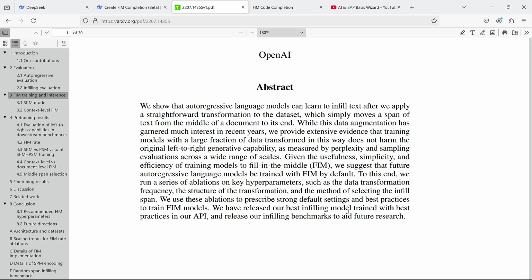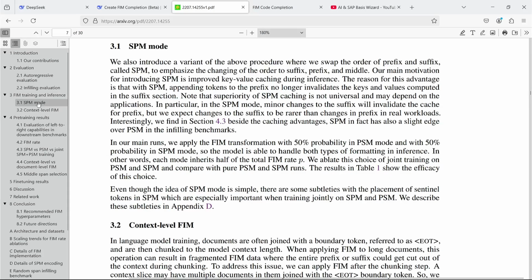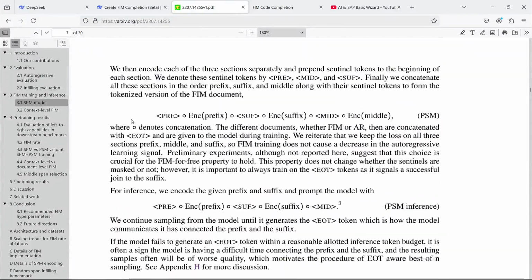In short, it involves marking the beginning, middle, and end sections in the training set, then moving the end section to the middle. This helps the model learn to predict the middle part based on the beginning and the end given as the sequence. To really get this, let's take a quick look at one chapter of this document. I promise it won't take long.